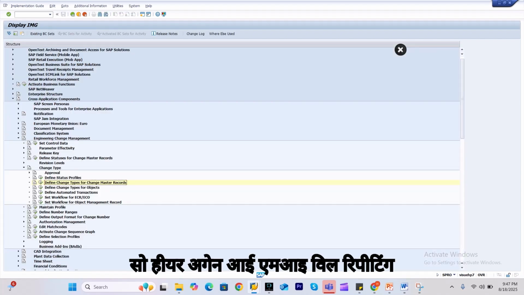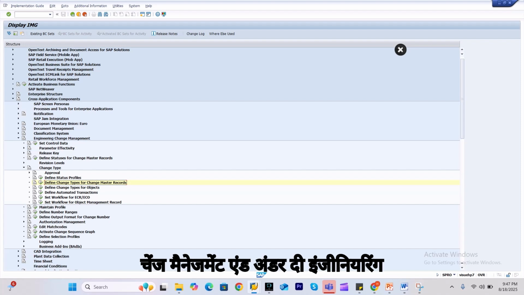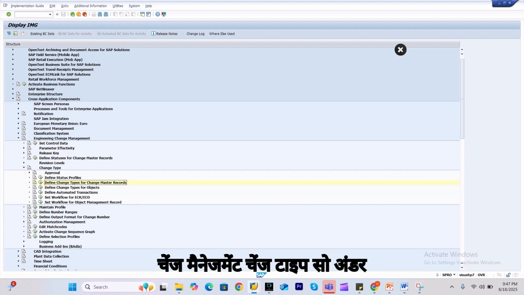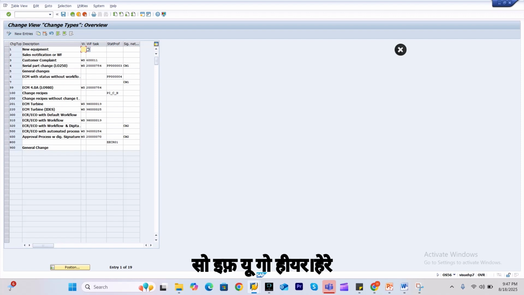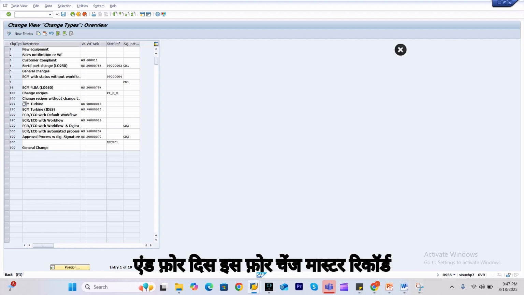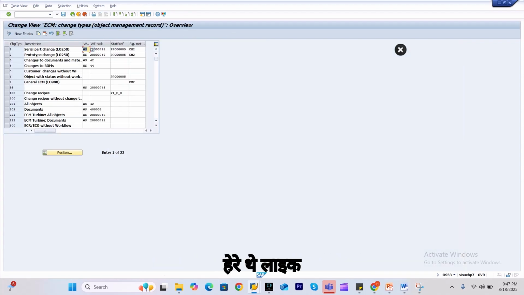Here again I'll repeat: cross application component, engineering change management, and under that, change type. If you go here to the change type, you can maintain the workflow task for the change master record,